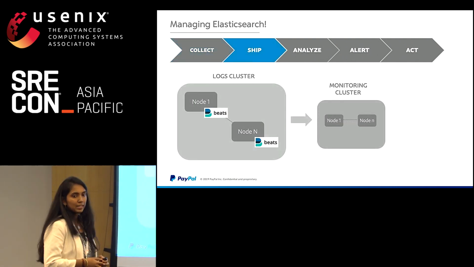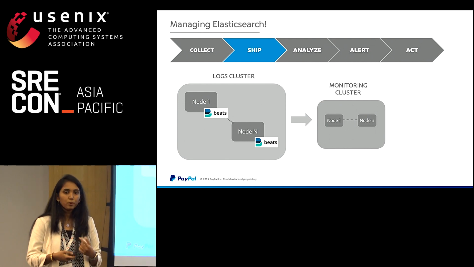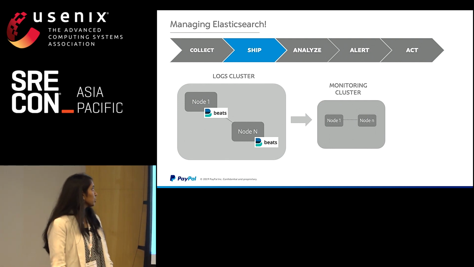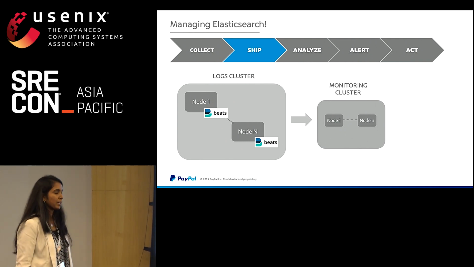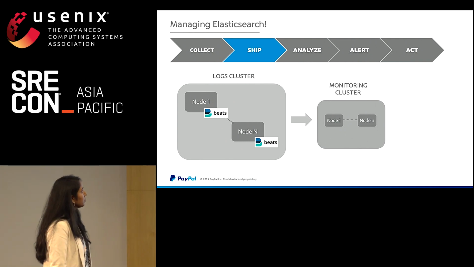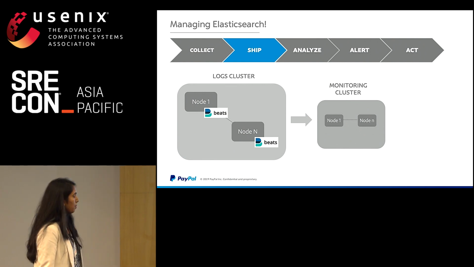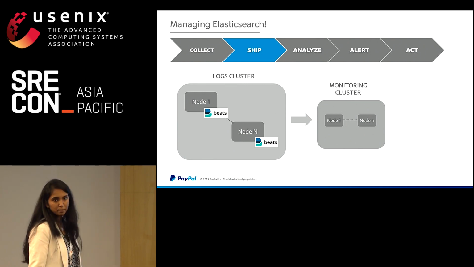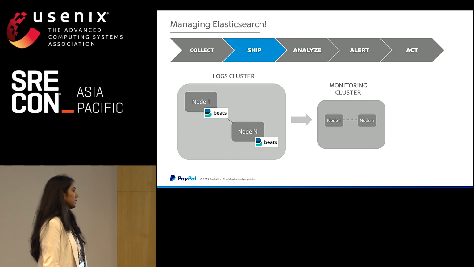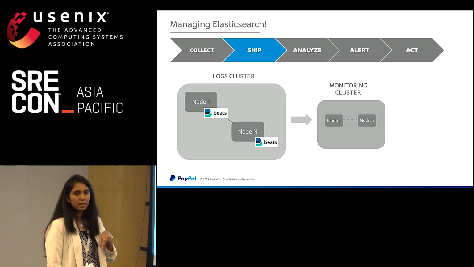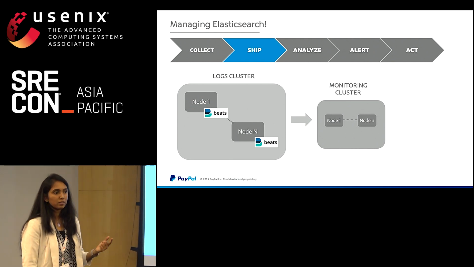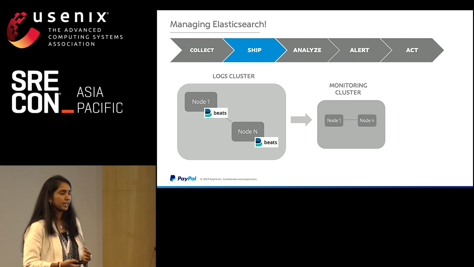So now that you have collected the data, where do you store it, or how will you make sense out of it? That's when we were trying multiple options like building an Elasticsearch plugin and things like that. But this is something that we found relatively better, where you use the Beats infrastructure of Elastic by itself, where you have 2 kinds of Beats in it, the Metricbeat and the Filebeat. Metricbeat is something that captures the JVM and the node stats related information.